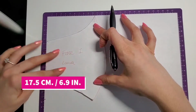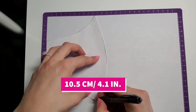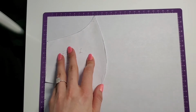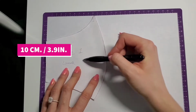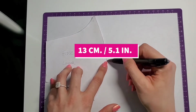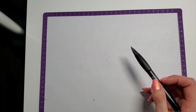Okay. And then from here to here, you're gonna go to 4 inches, 4.1 inches. It's 10.5 centimeters. It's the same from the top, right here. And then you're gonna go here to the 10 centimeters and you're gonna go all the way to 13 centimeters, which is 5.1 inches from here. Okay, so then you have these little marks on your page,